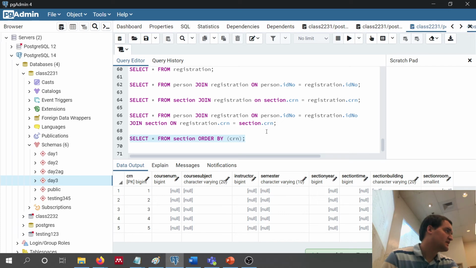Okay. So when we do that, you can see it's ordered by CRN. Basically all we're doing there is adding on a way to order things. All right, any questions about joins?